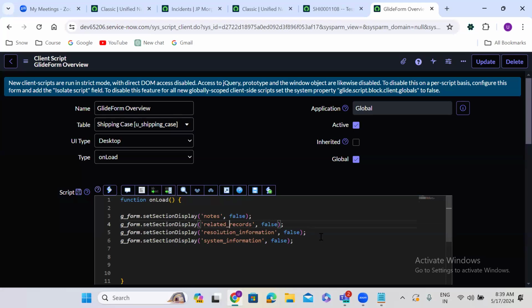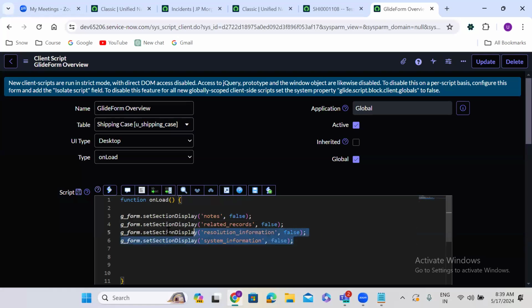See, you have written the script to hide the 4 sections. Tomorrow he will create a new section; to hide that section also, he'll have to write the script. Day after tomorrow, he will create one more section; to hide that section also, he has to write that script. Instead of that, instead of modifying the script every time,